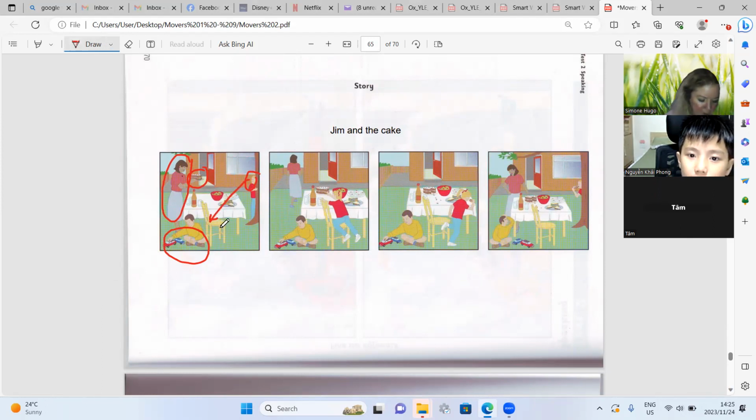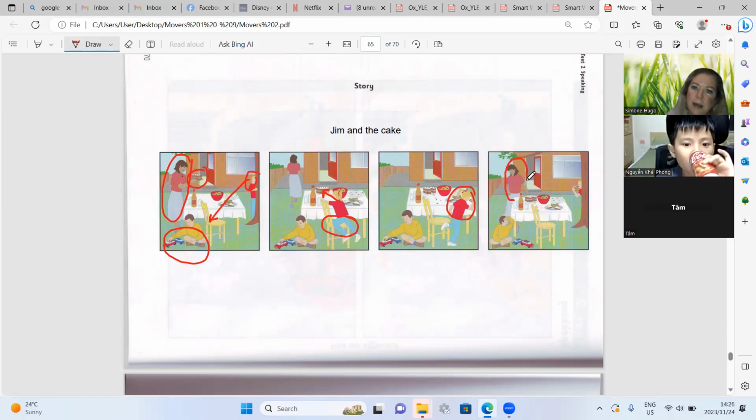Okay. Next. Jim's sister is climbing on a chair. She's looking at the cake. She wants some cake. Then Jim's sister is taking some cake.